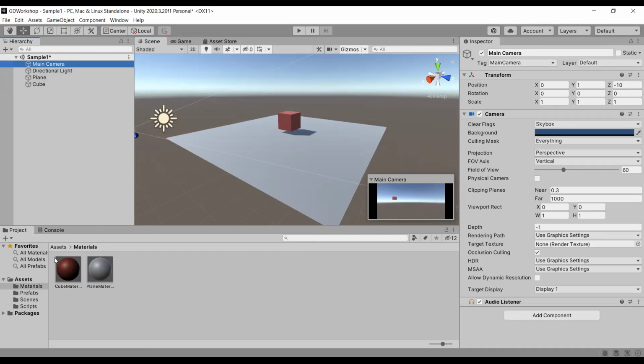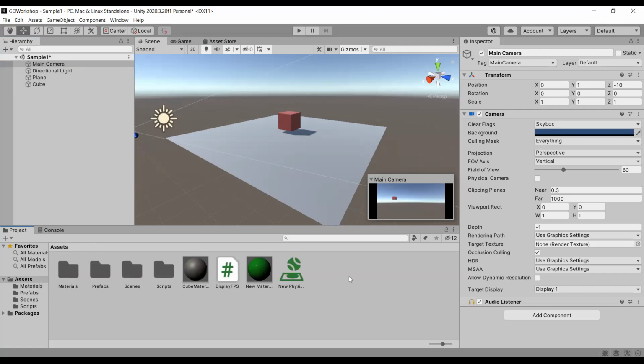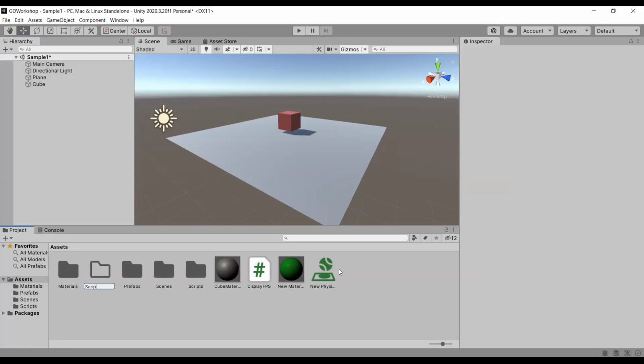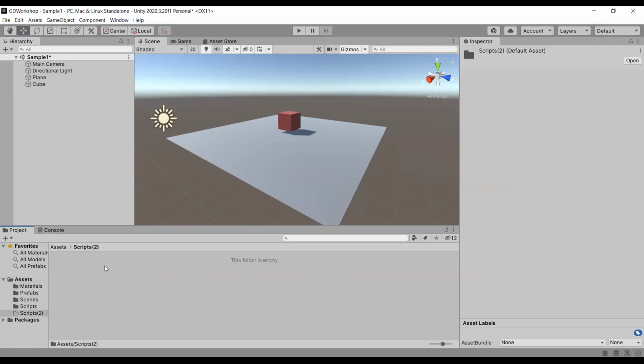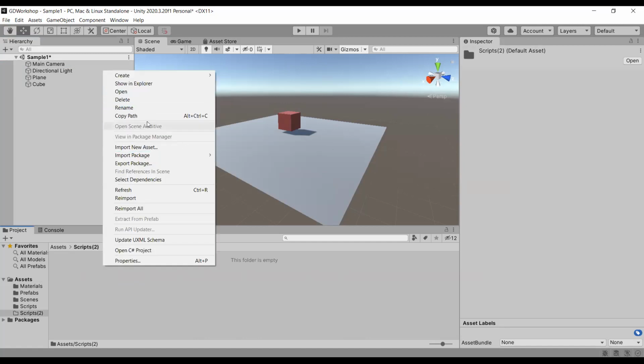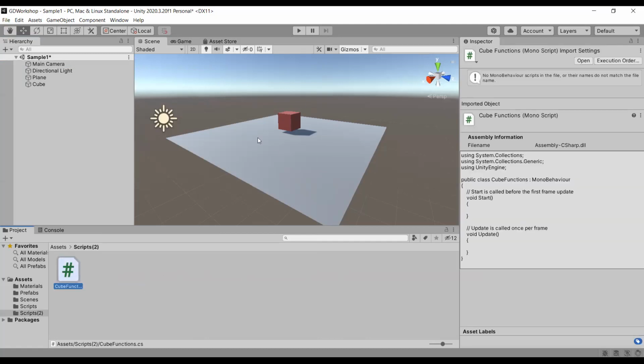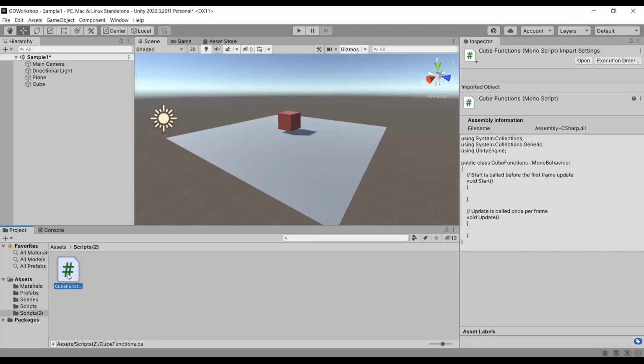For this, I'm going to add another folder for scripts. I'm just going to showcase a few functions that you can play around with on this cube.